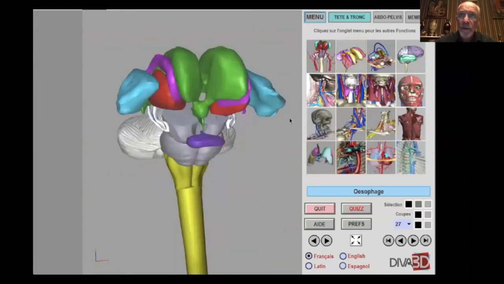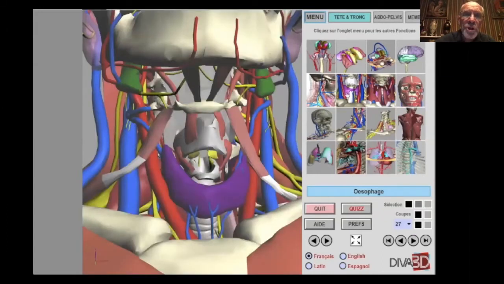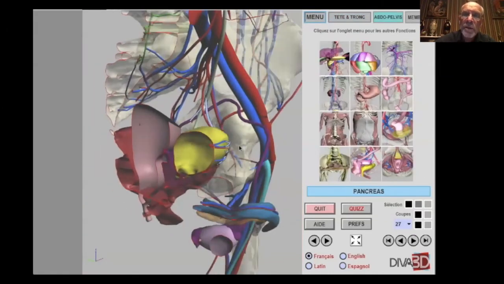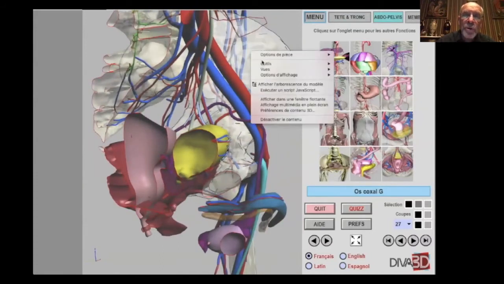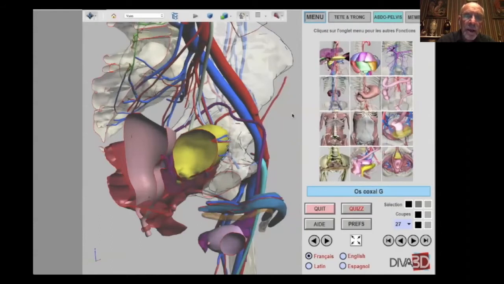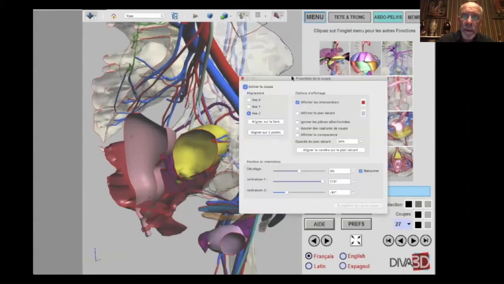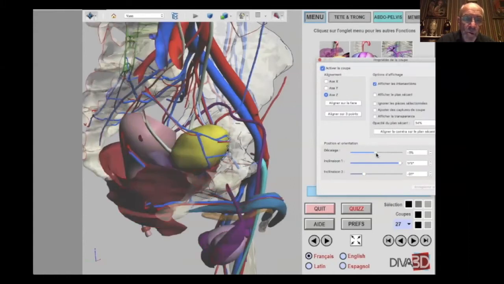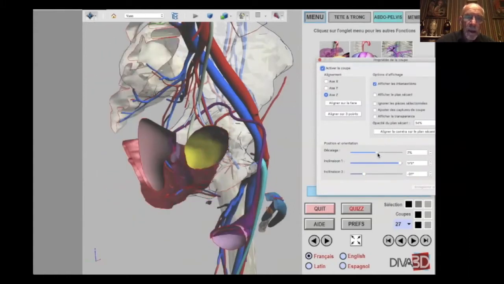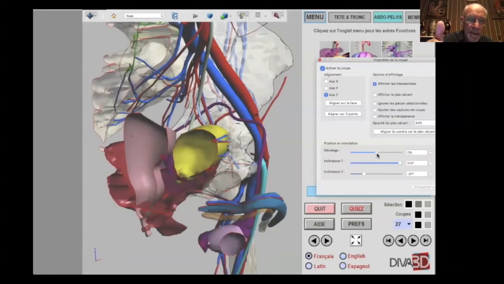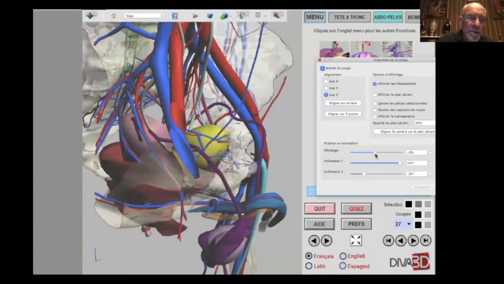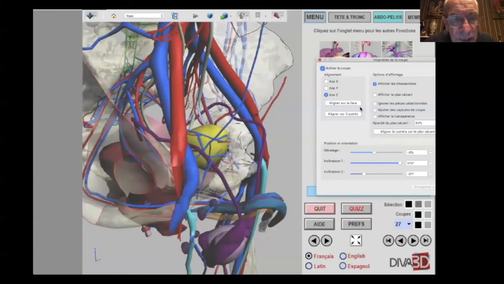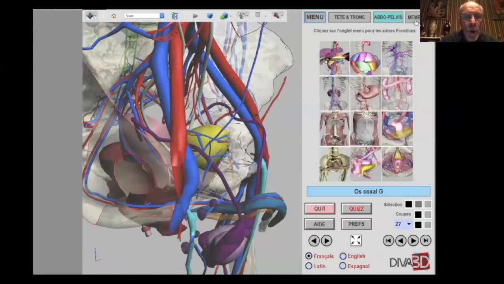And of course, on the right, you can see the menus giving you access to regions. That is the head and neck region, the pelvic region. And regarding this point, I would like to show you an important function, which is a slicing of the 3D model. So you activate a special function here. You put this on the right, and you can move the sagittal plane. You can see in 3-dimensional, so you can slice in any plane, but here it's interesting in sagittal plane because you can see very well the structures of the pelvic, which are hidden by the bone and different things.